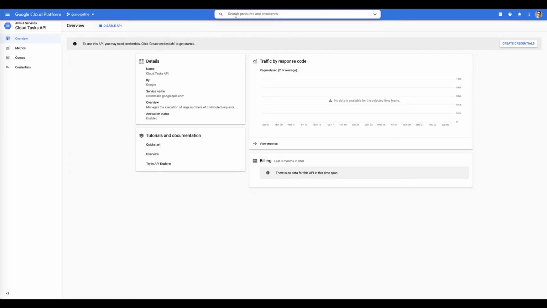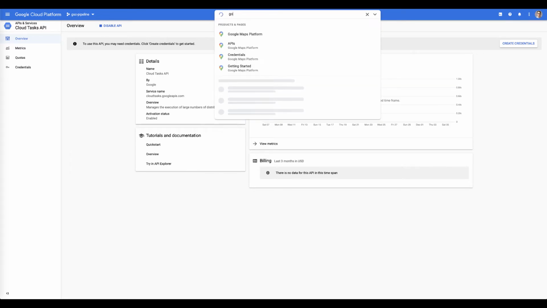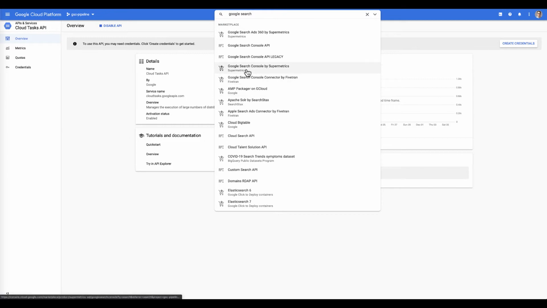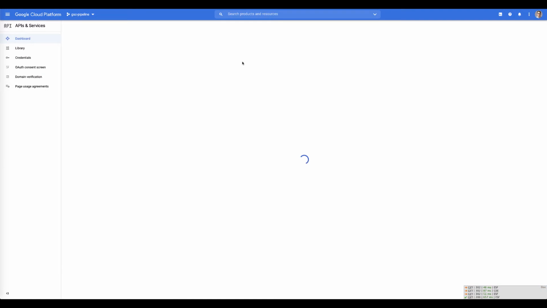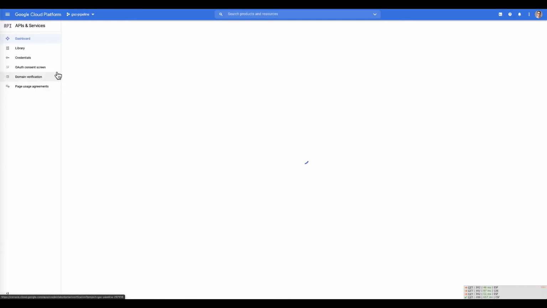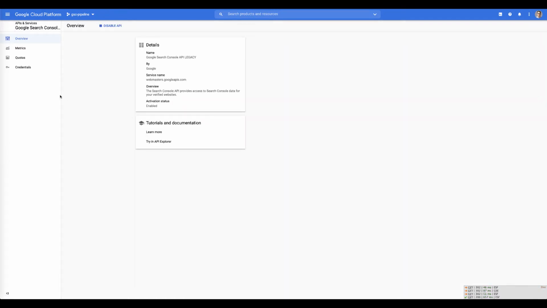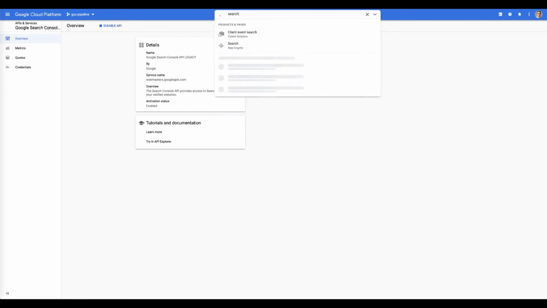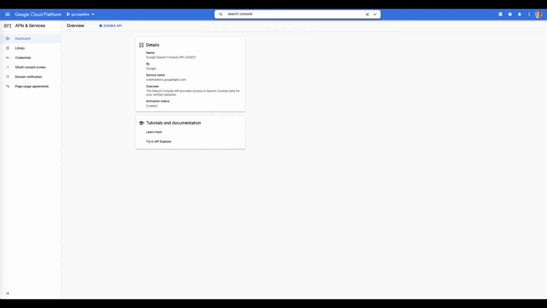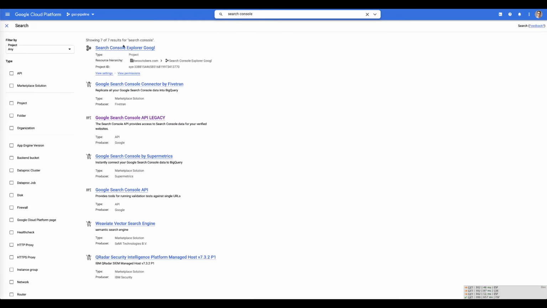The next one that we're going to do is Google Search Console, which I think is Webmasters. Search. I think it's going to be Search Console API. I think it's this API Legacy one, which is the one we need to pick. This is what will give us access to the search data. There's another API which is similar, but it's not exactly what we need, and I'll show you that